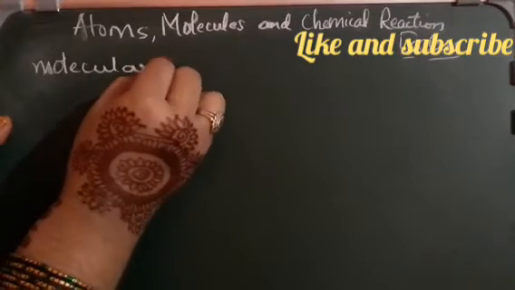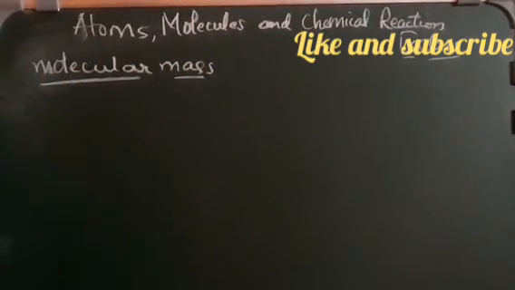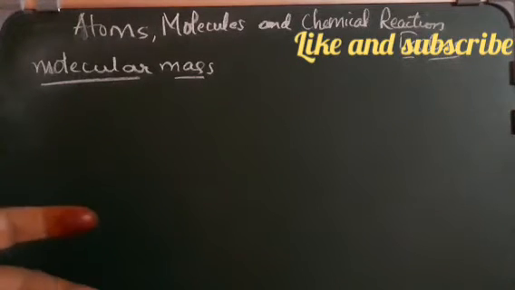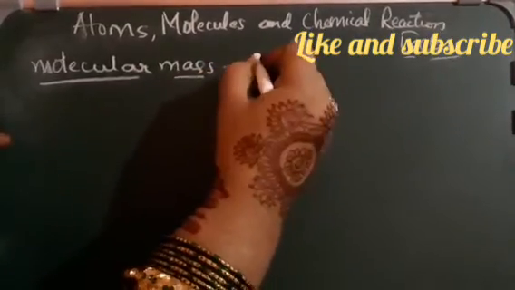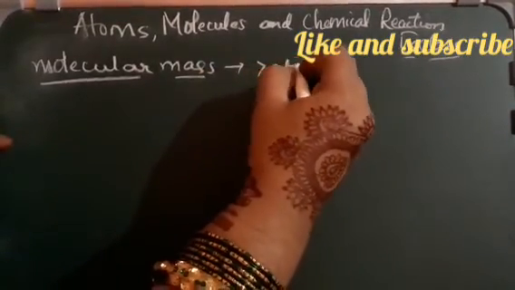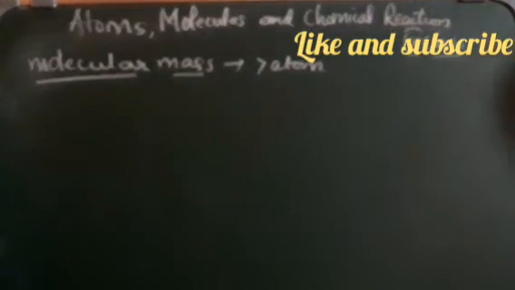So molecular mass, we have learned about atomic mass, right? What is atomic mass? There we are finding out the mass of only one atom. Here, more than one atom combined to form a molecule. So that means